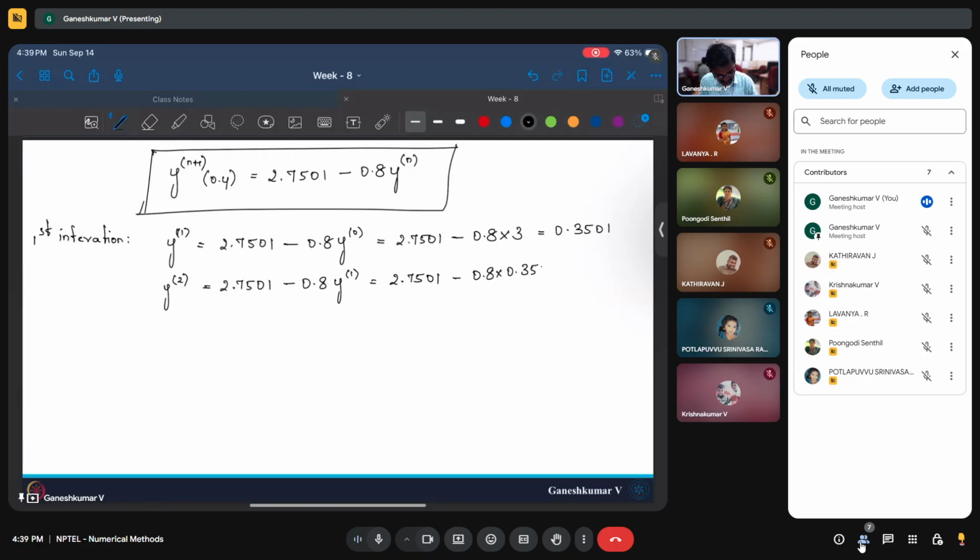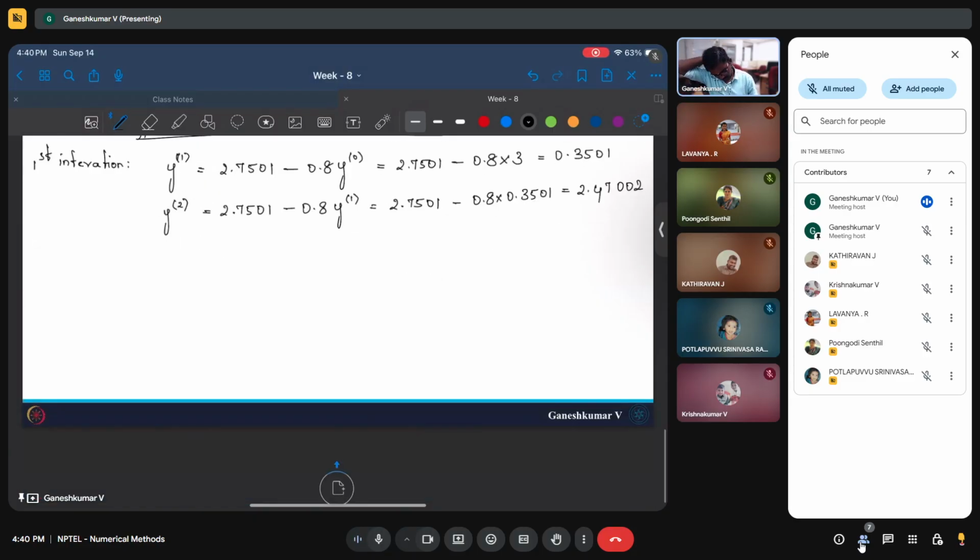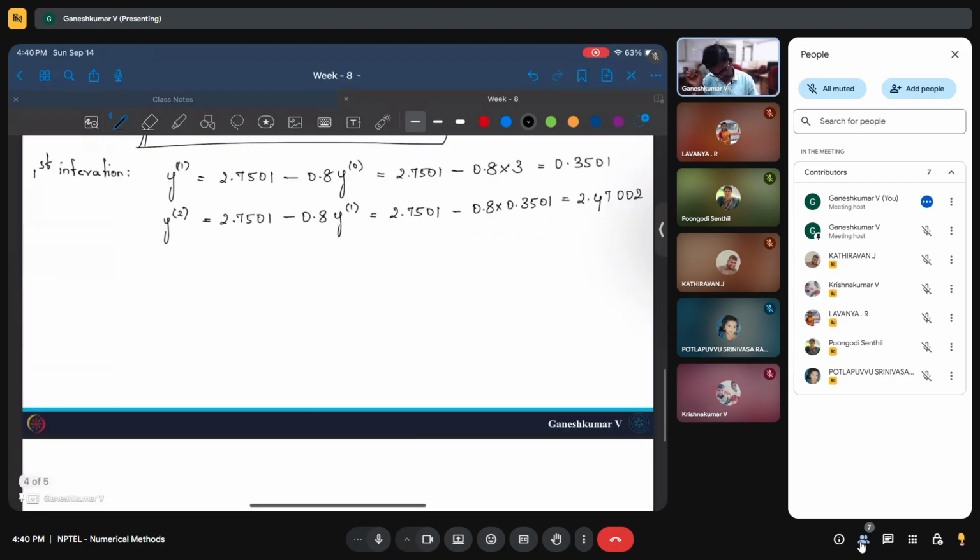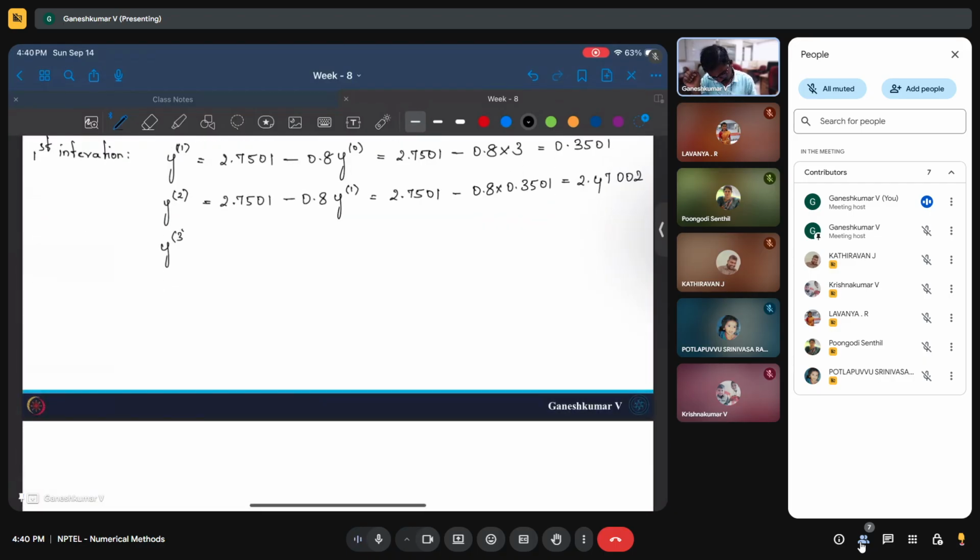So 0.3501, how much will this be into 0.8? 2.7501 minus that is going to be 2.47002. Now your third iteration is going to be y of 3 is 2.7501 minus 0.8 into 2.470. So this will be